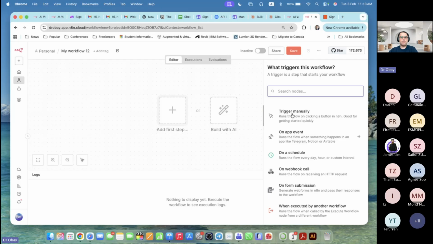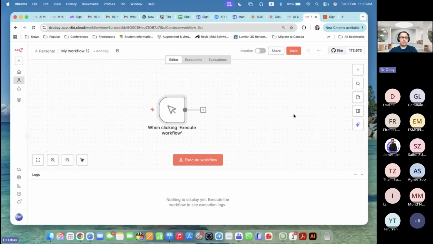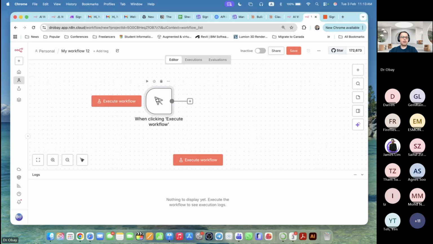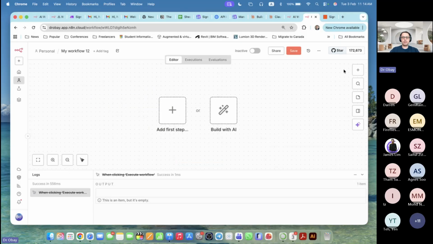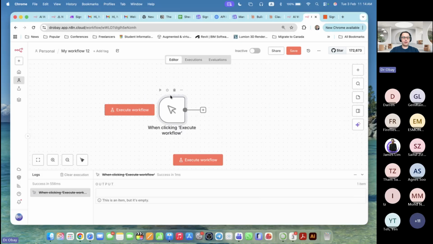You can trigger manually. So I'm going to click on it. You can see this is the trigger. All right. I don't have anything here, but this is just a trigger to start what is going to be next. But I don't have anything next yet. If you click on it and you click on execute workflow, you can see it's going to work. Already started. Okay. I'm going to delete it and look at the other options. You can delete it by just pressing delete, or you can delete it by clicking on this